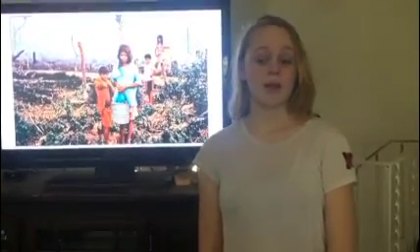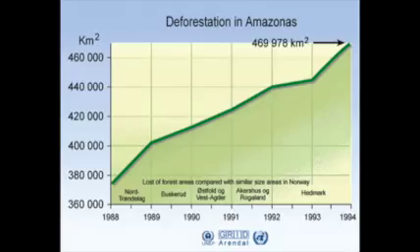It also produces lifeless soil, so we cannot grow crops, causing a food famine and drought. Lastly, we will no longer have any tree-based products, such as paper. As seen on this graph, trees are being cut down at an increasing rate. If these rates continue, the effects on our Earth will be catastrophic.